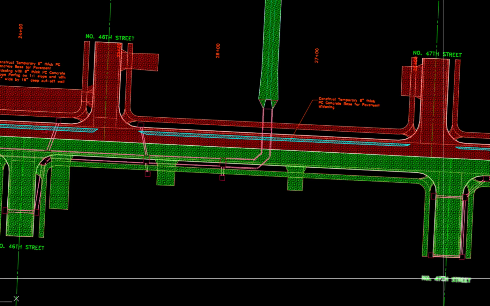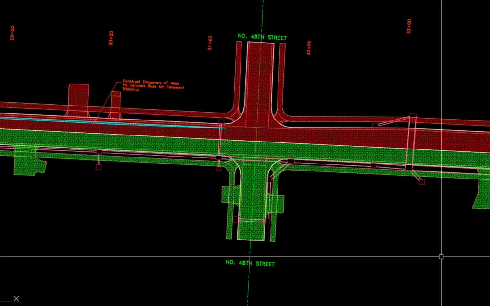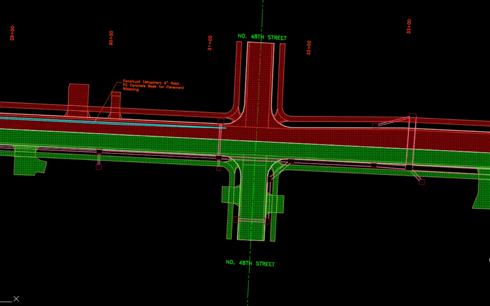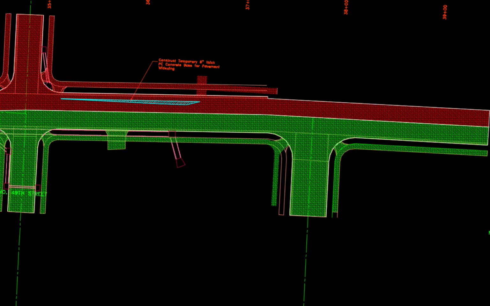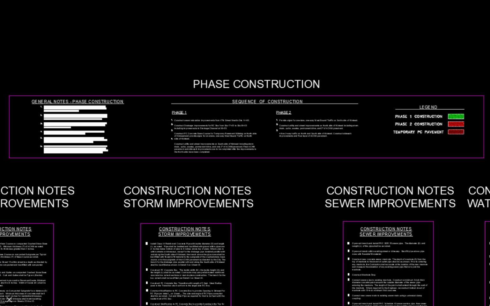Since it is difficult to obtain good compaction in narrow pavement widening areas, Portland cement concrete is generally used at these locations. The description of the work to be performed in each phase is set forth in the sequence of